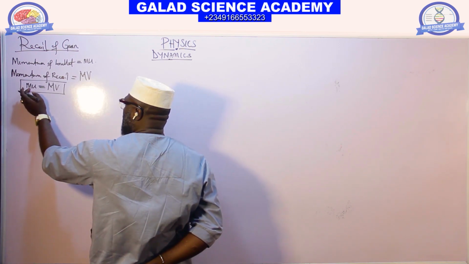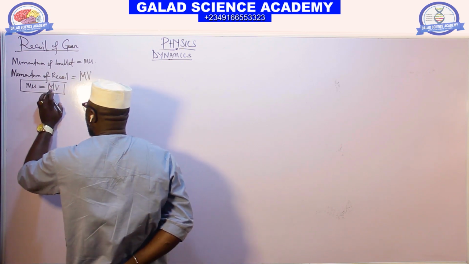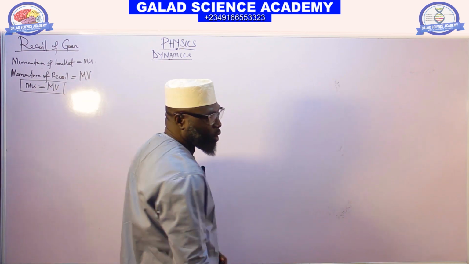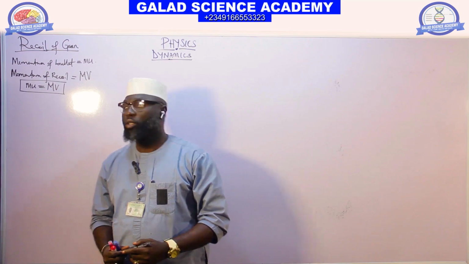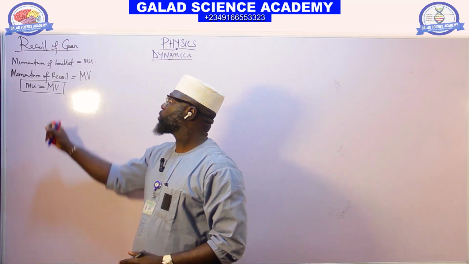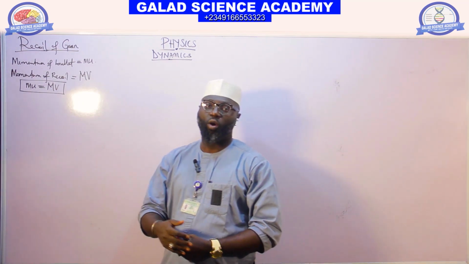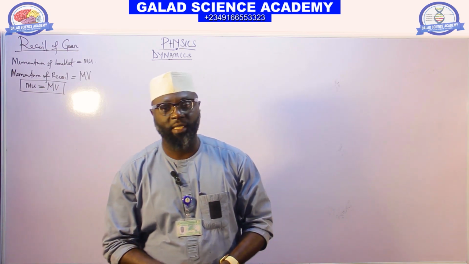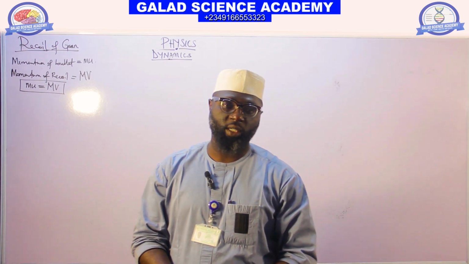Where m is the mass of the bullet, u is the speed of the bullet, M is the mass of the gun, and V is the speed of the recoil of the gun. So that's all about the recoil of the gun. And the next thing that we need to check now is